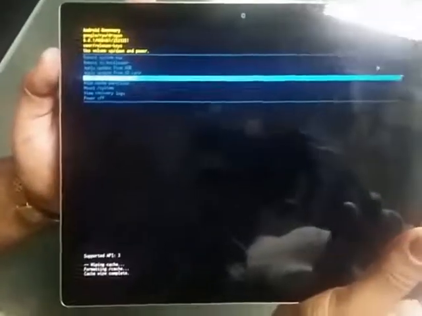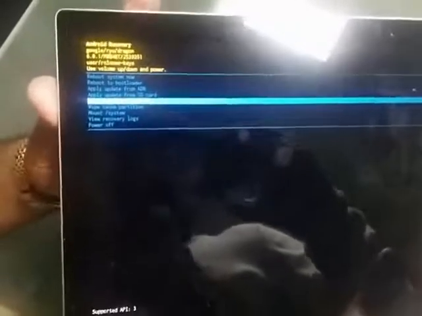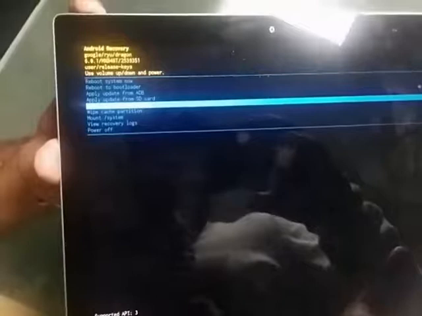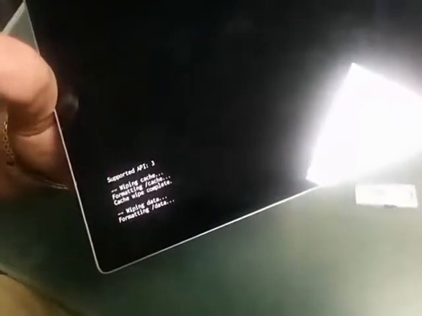Now you have to wipe data and factory reset. I am doing the factory reset now. It also warns that it cannot be undone. Then press yes, and the complete formatting process will go ahead.